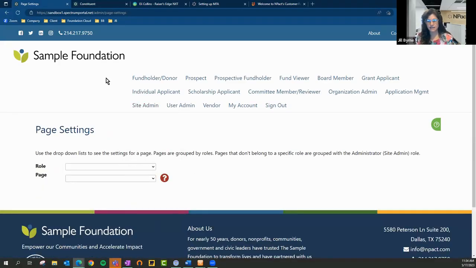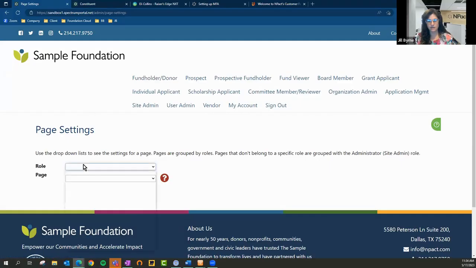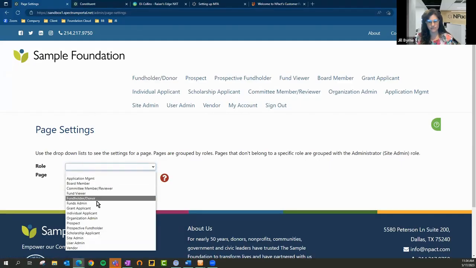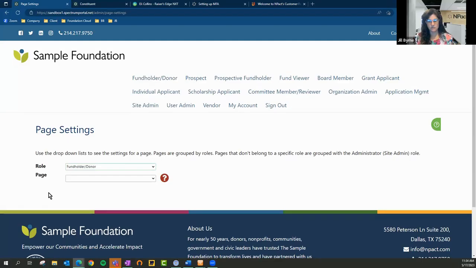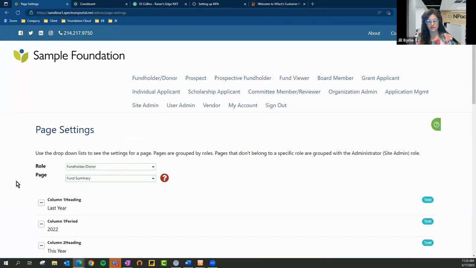So the page settings or the pages are the various different screens that the roles are going to see. So here's my fund advisor role and all the various features or pages that they can visit. And here under this drop-down menu, we're going to see kind of presented the same thing. These are all the various roles. So if I choose that fund advisor role there, now I'll see all those various pages. Again, those are just the screens that are going to be presented to that role. So if we go into that fund summary, for example,